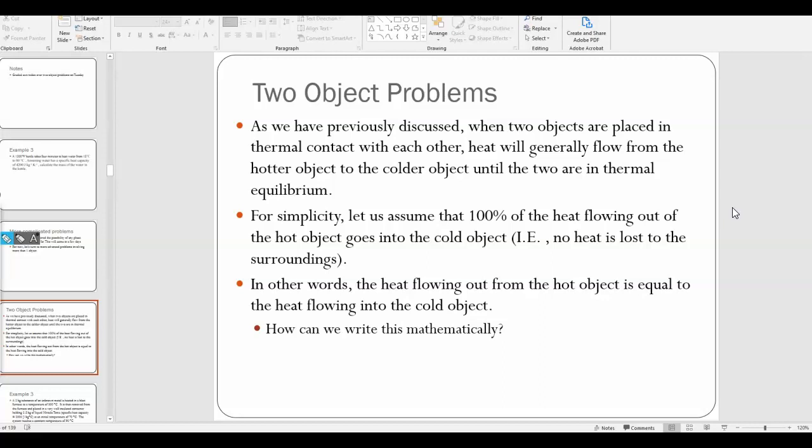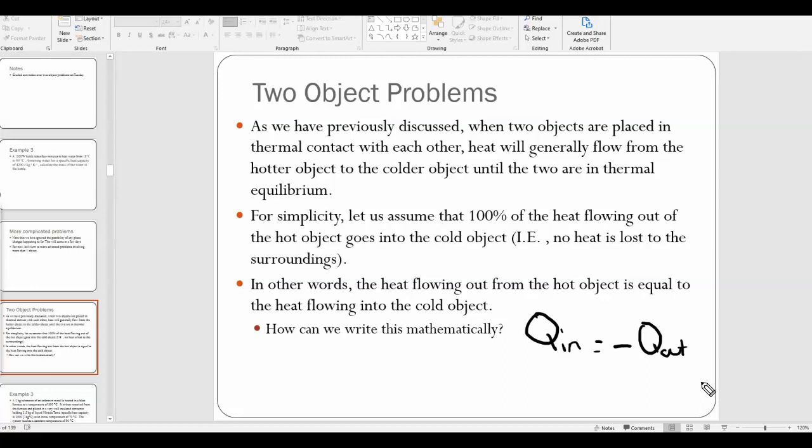In other words, the heat flowing out of the hot object is equal to the heat flowing into the cold object. And the way that we write that, mathematically speaking, at least conceptually, is we write Q in, that is the heat going into the cold object, is equal to negative, or minus, the minus sign is important, Q out. Q out is the heat coming out of the hot object. The minus sign is just to make the numbers come out correct. Because remember, if you gain heat, you have a positive Q, and if you lose heat, you have a negative Q. And so in other words, I'm saying if you have two objects that are exchanging heat, the heat gained by one